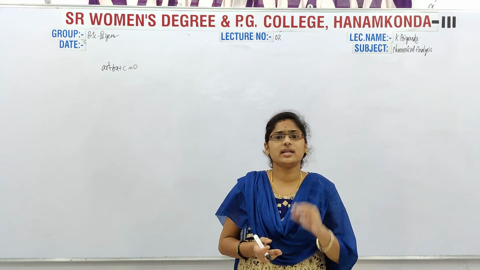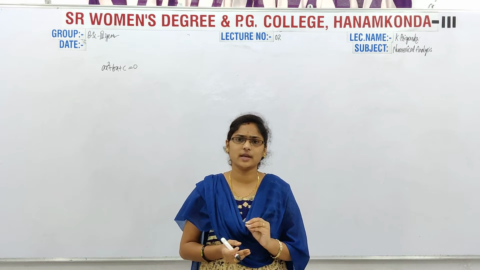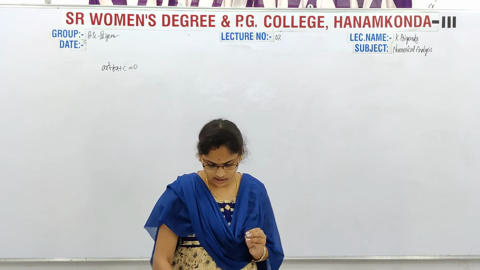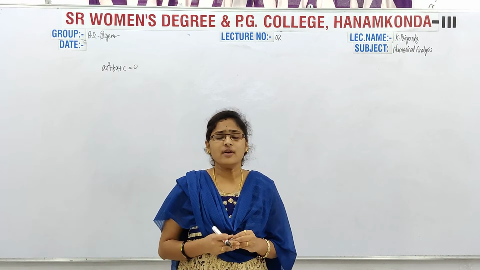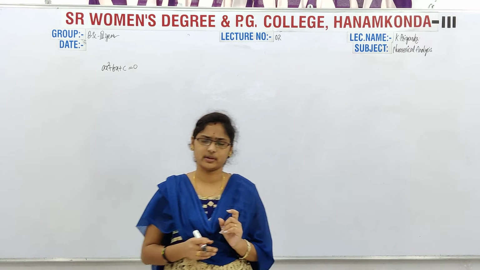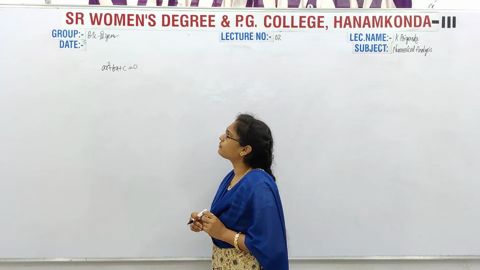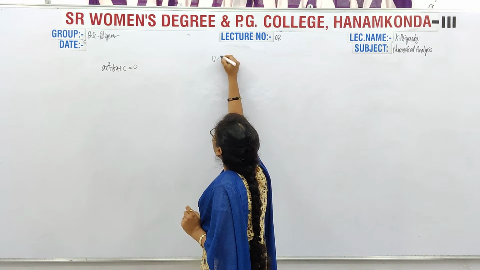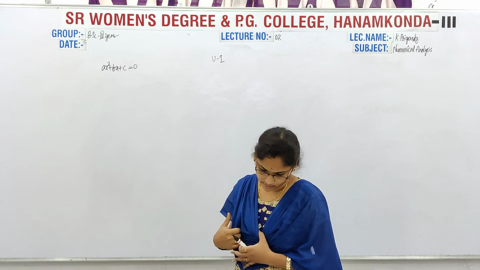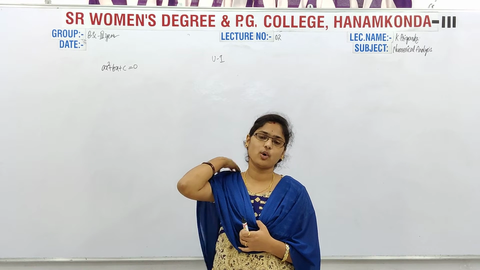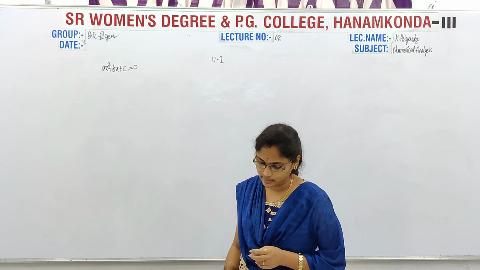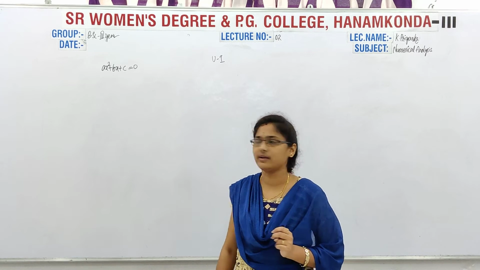One variable means, in every equation, while you are listening to the classes, we are going to take the equations which have only one variable. So I am coming to this one. Coming to unit 1, the first chapter is nothing but the bisection method. Before starting the bisection method, we have a unit name. The unit name is solutions of equations in one variable.